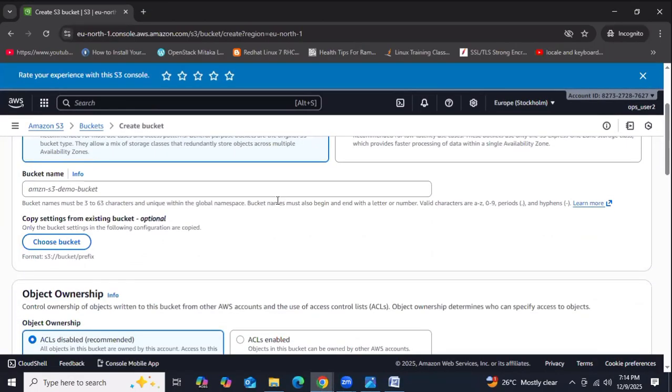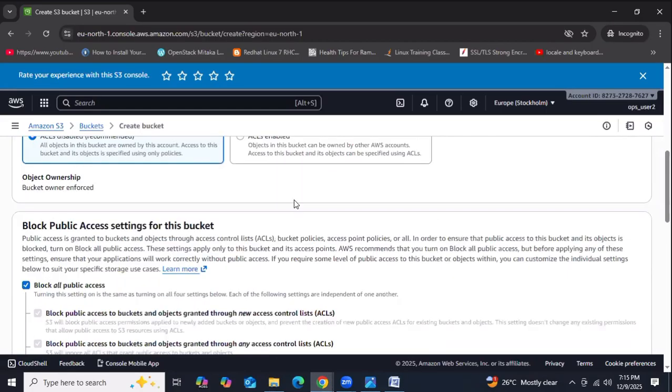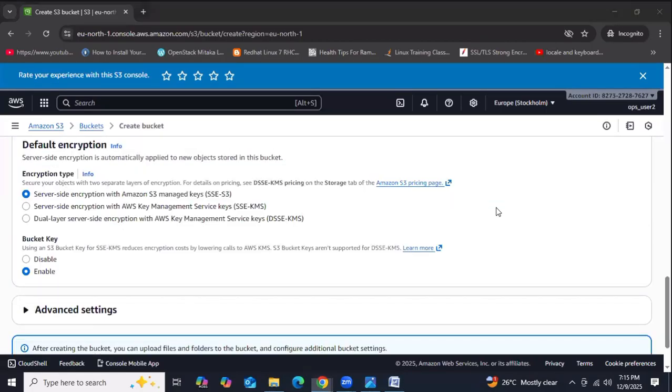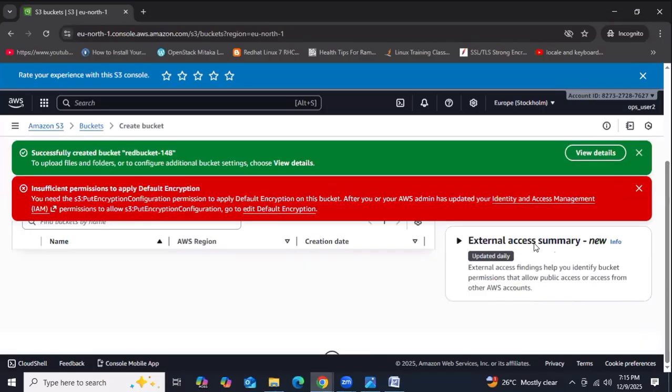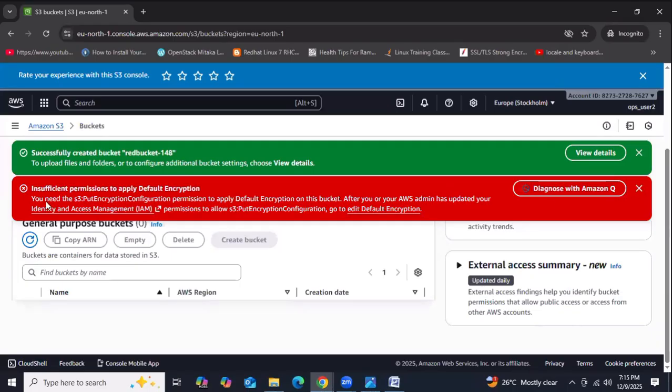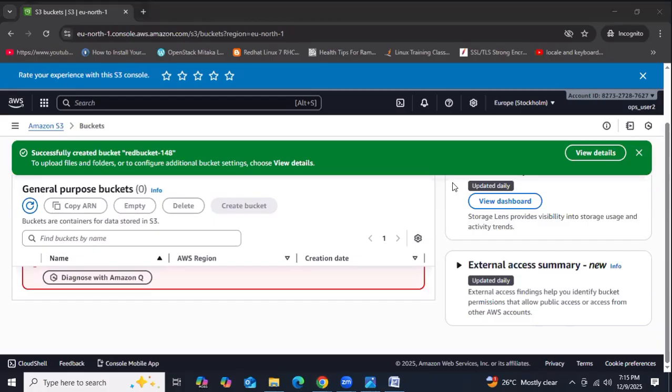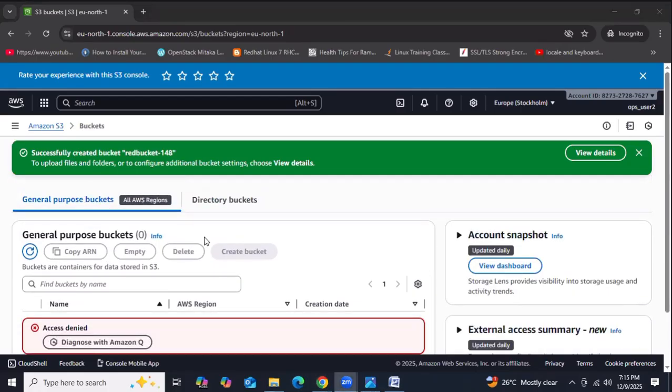So now we are providing the bucket name, red bucket 148. Okay, so now I'm trying to launch this one. Can we? We can see, guys, it's saying it doesn't have sufficient permissions. But it got created. See. Go to buckets and then refresh it.